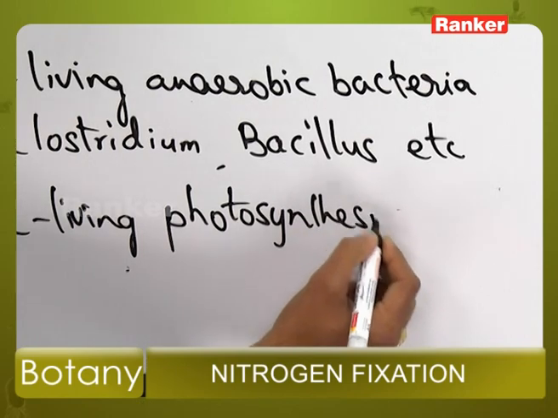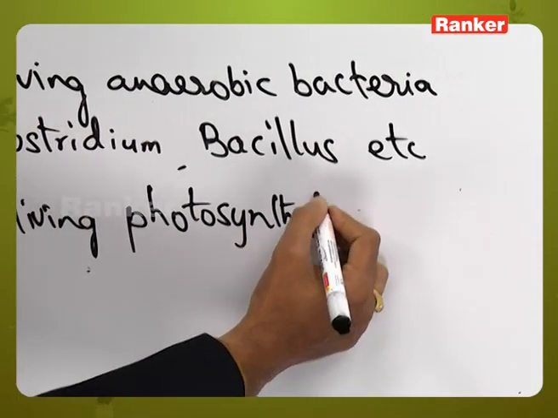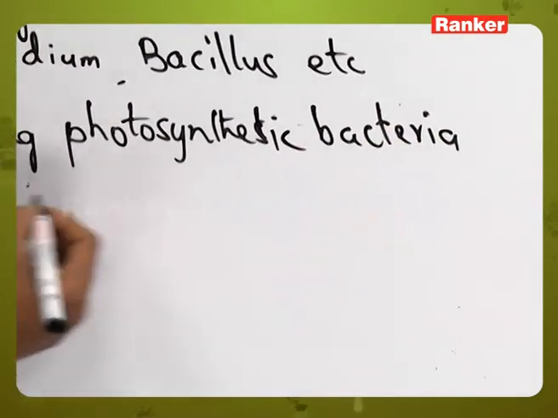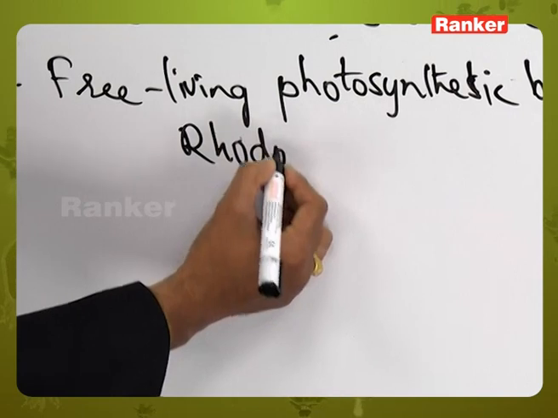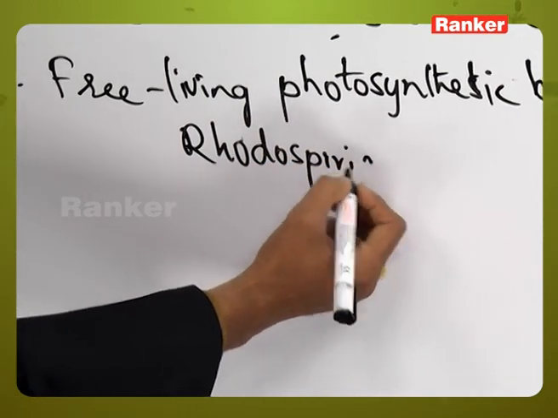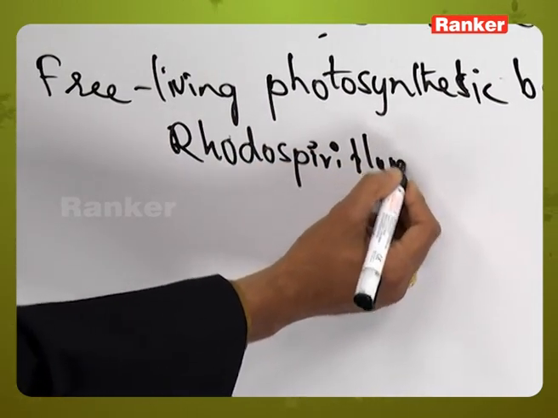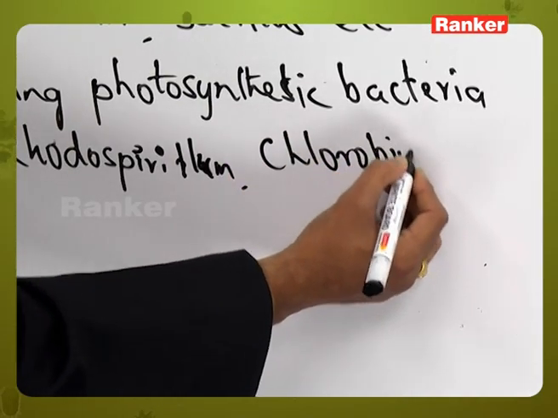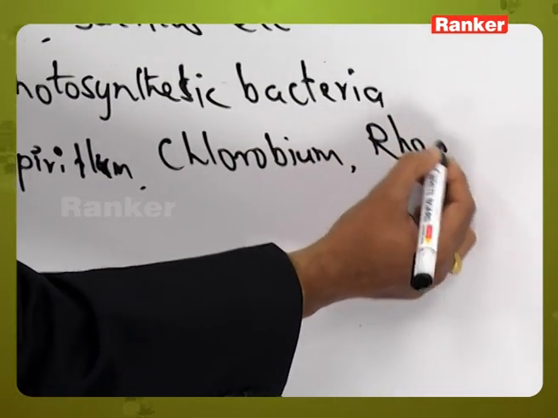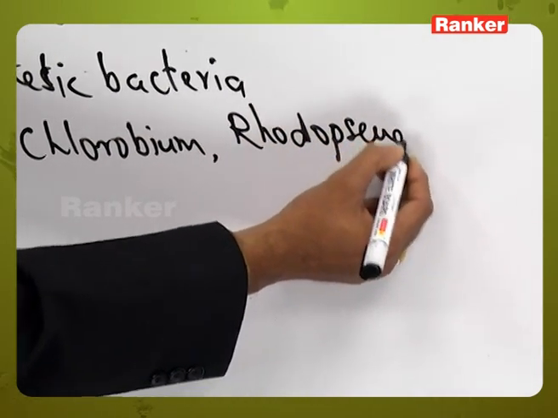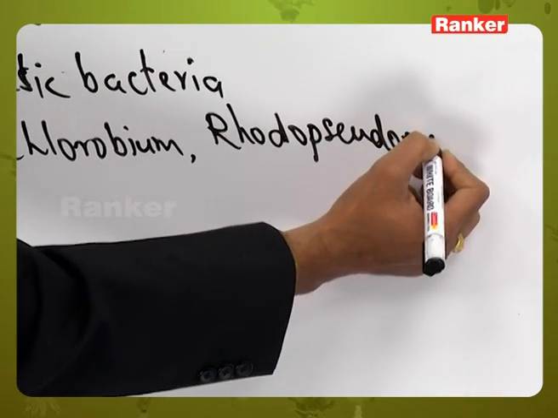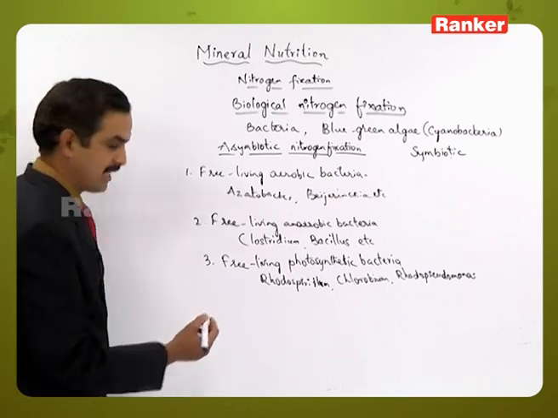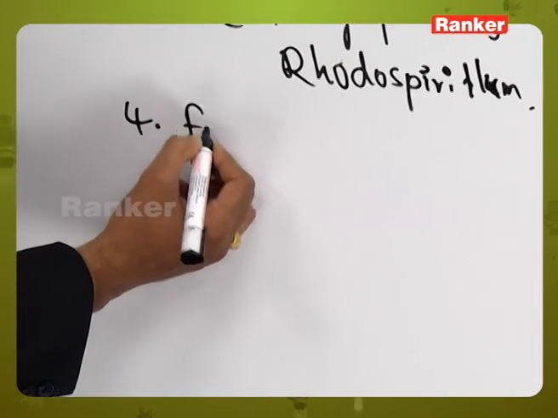The examples of this type of bacteria are, one is Rhodospirillum, the other examples are Chlorobium, Rhodopseudomonas. So these are some of the examples of free living and photosynthetic bacteria, and some other are free living